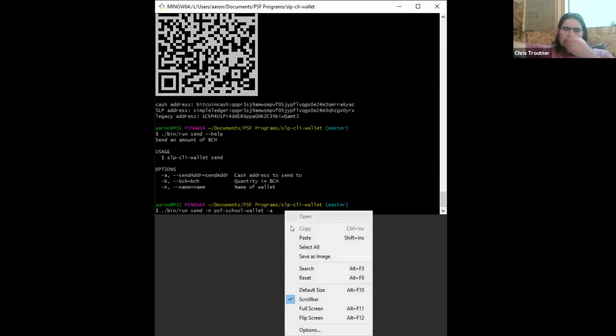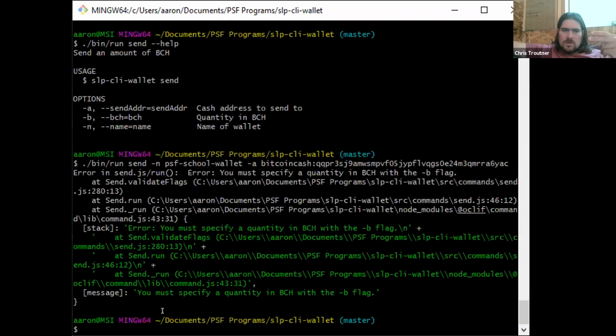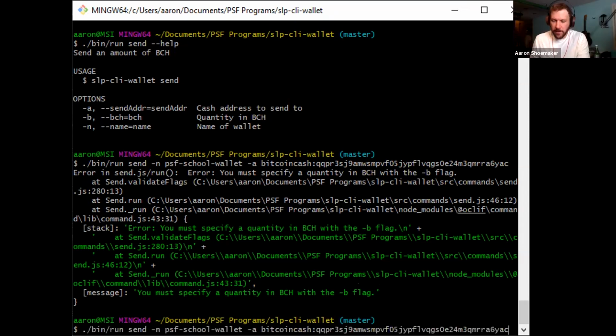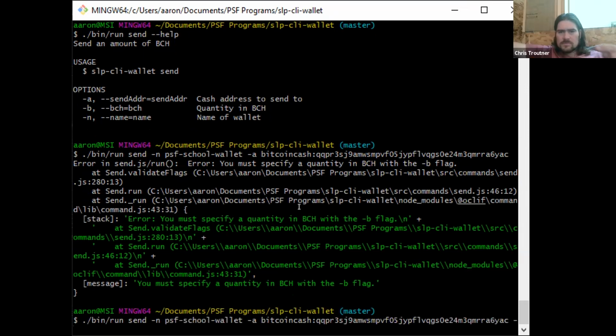So this might be a good time to point out something when you generate an address. Oh, what did it do? I think you accidentally hit enter. Or you hit enter when you pasted, but just hit the up arrow key. There you go. But if you scroll up to that QR code,